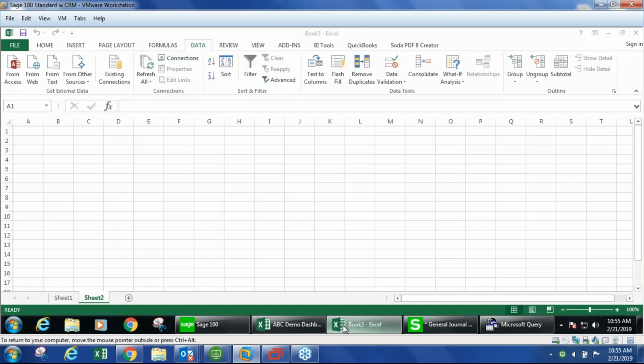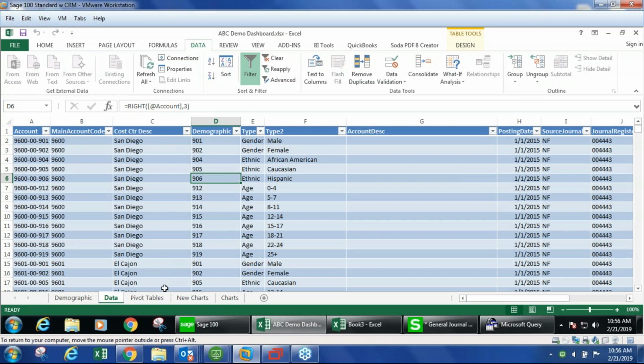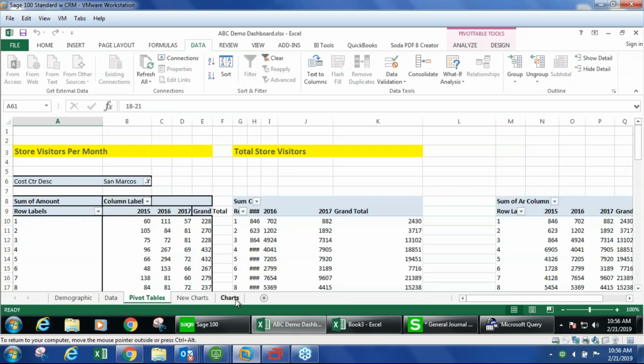One of the drawbacks with the database query is it only hits one table at a time. If you were trying to get multiple companies into one table, that's where this method of a database query probably stops, and maybe Sage Intelligence with its connector comes in. Because with Sage Intelligence, we can pull information from multiple companies into one Excel tab, and then from there, we can use that information to create pivot tables and pivot charts